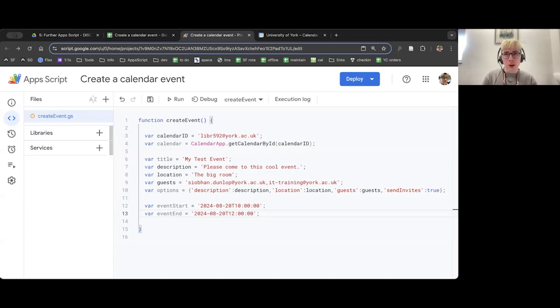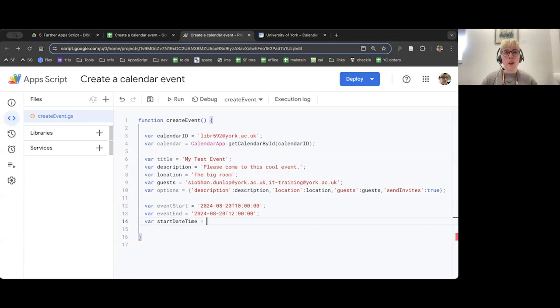Okay, so I've got my event start and my event end, but as I mentioned, I need to convert these strings into an actual date that JavaScript can understand. So I'm going to hit enter again, and I'm going to write var start date time with a capital D and a capital T. You can call the variable whatever you want, but for me, this reminds me that this is a very specific thing. It is the date and time of the start of my event. I'm going to do a space equals sign space.